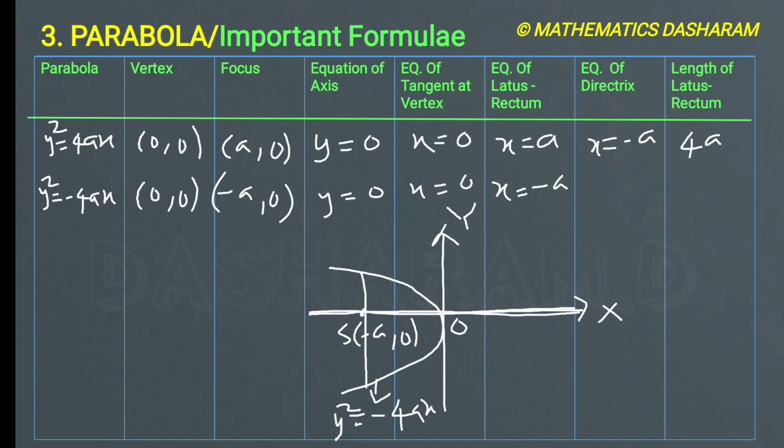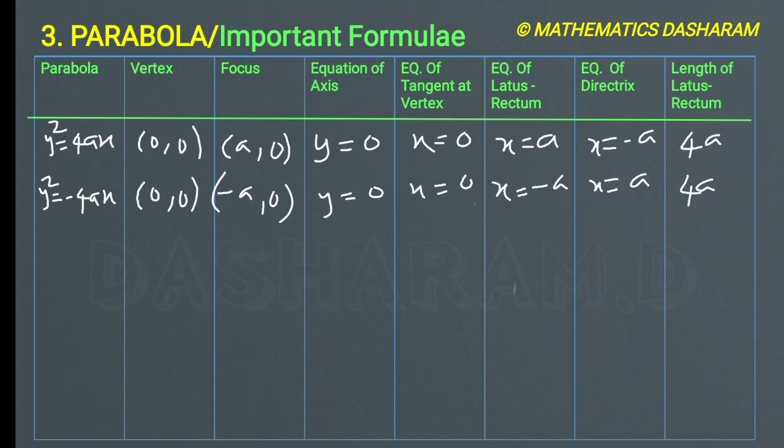Next, equation of a directrix. So here the directrix will be on positive direction of x-axis, that is fixed line, and its equation is x equals to a. Next, length of a latus rectum. Length means positive value, so that is why it is 2a. It is also 2a, so then total 4a.